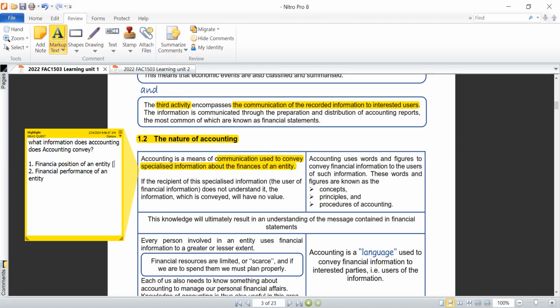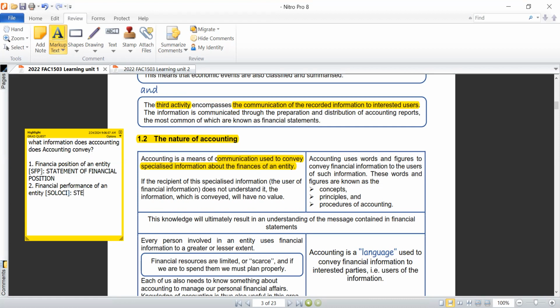I'm going to bring into the picture those two financial statements that they want you to know. So the first one is the statement of financial position, which is abbreviated as SFP. And then financial performance is reflected in what I call SPLOCI, and I'm going to break down the abbreviation for you.